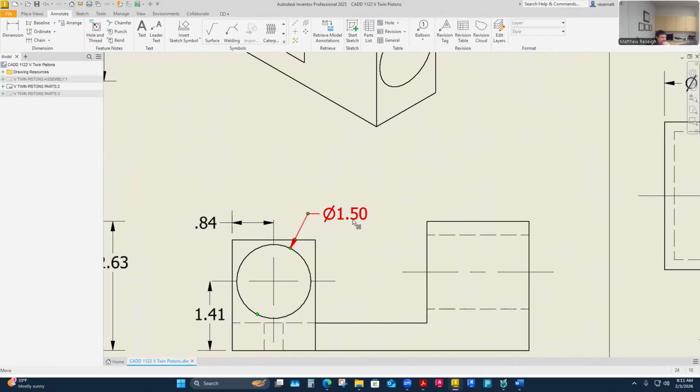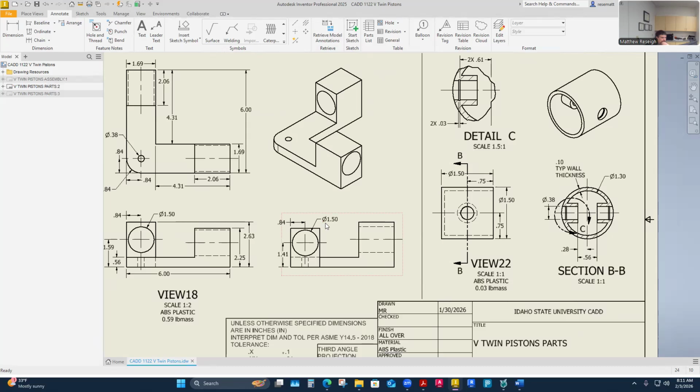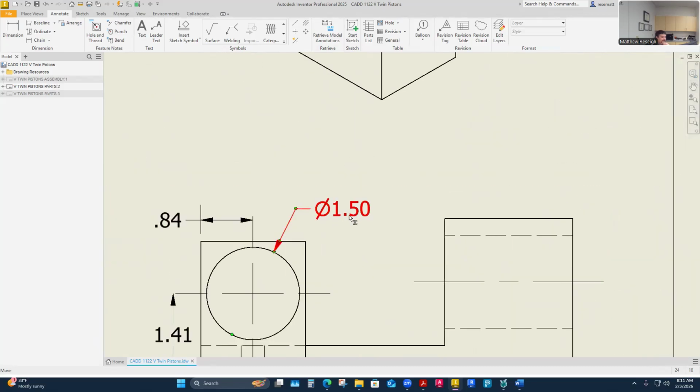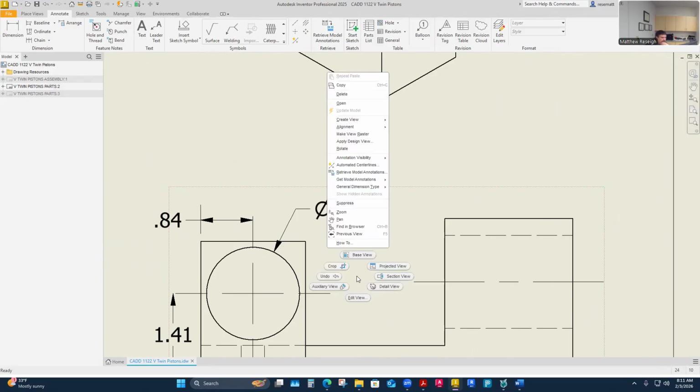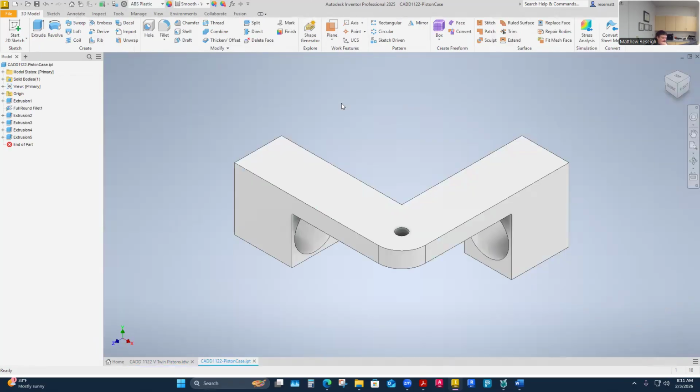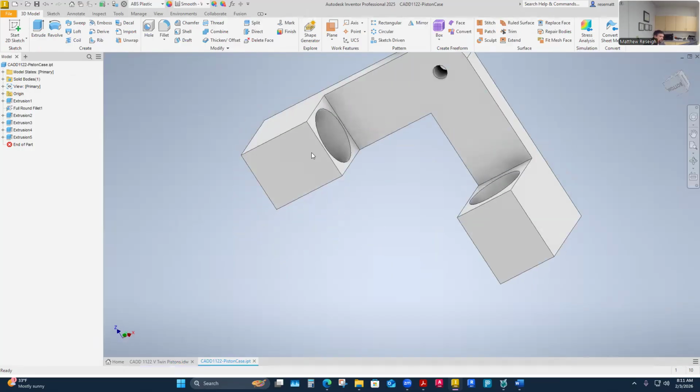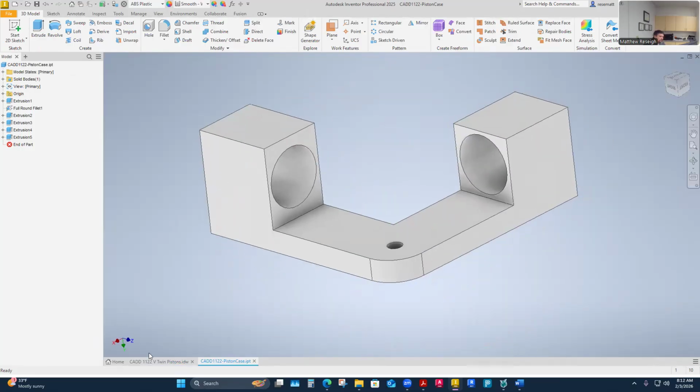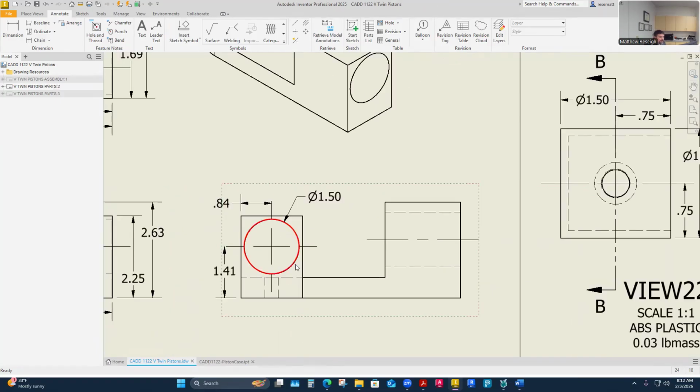I think I've added 15 thousandths to this bore is what it should be. So this one for me is not coming up maybe as accurate as the model shows. Let me open this part up and take a look at it. I can just highlight it and open it from the drawing. Here's my part. If your part is like that on the drawing, how does it flip over? If my part is like this,